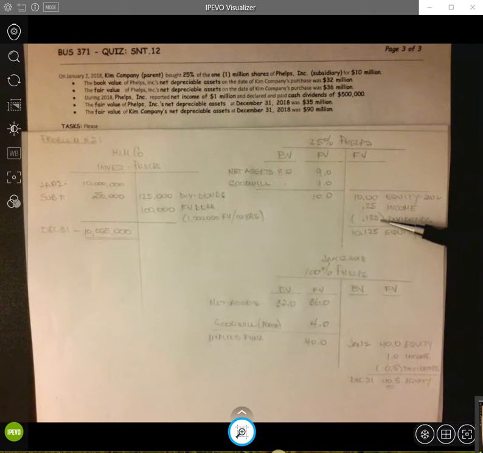That would reduce the 25% condition for the owner's equity. So $10 million plus $250,000 less $125,000 gives